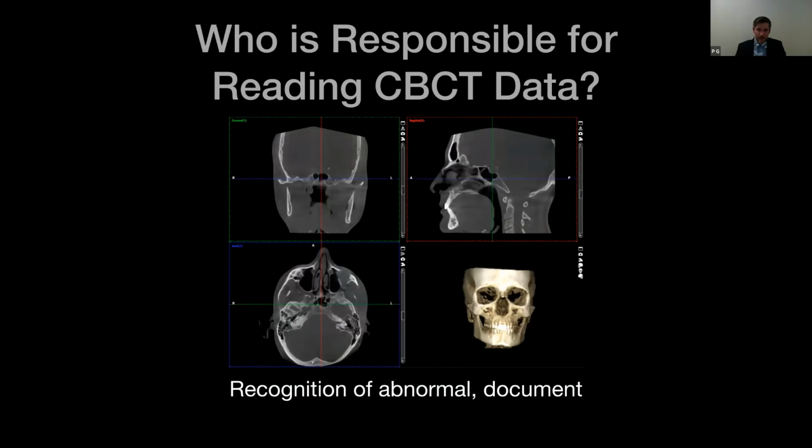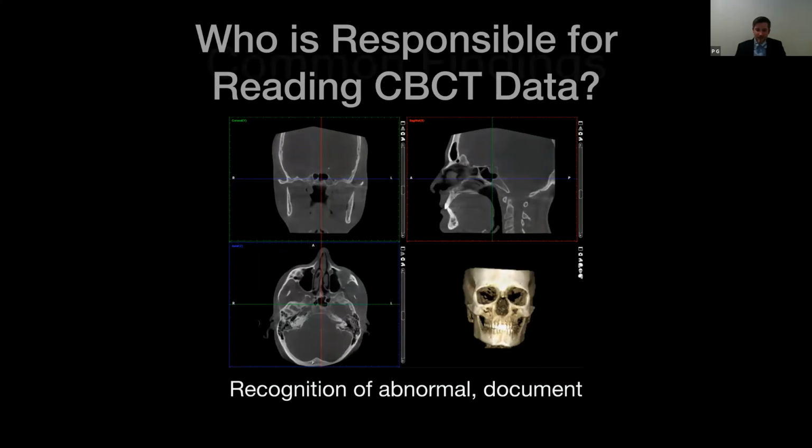Really it's just about recognizing, hey, that's not supposed to be there. It doesn't look quite right. Let's document and send the patient off for further evaluation. You've done your due diligence as the quarterback, and you have handled that situation appropriately. So no need to diagnose exactly what it is, just recognize normal from abnormal. And then follow it up with a written report, because if you didn't write it down, it didn't happen.